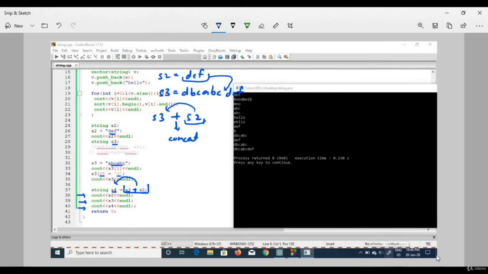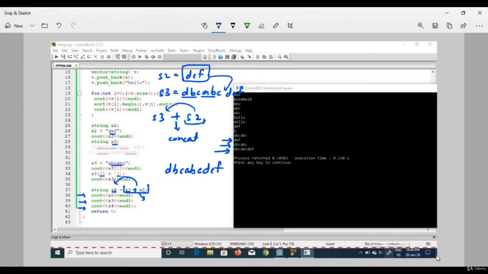So there will be no change for S3 and S2, you can see. This is your S2, which is DEF, correct. This is your S3, which is DBC, ABC, so it is correct. And this is your string S4. String S4 is actually DBC, ABC, and then DEF will get appended.